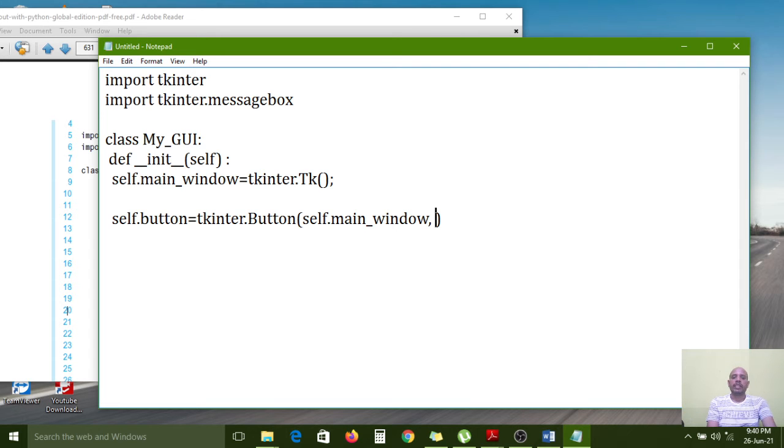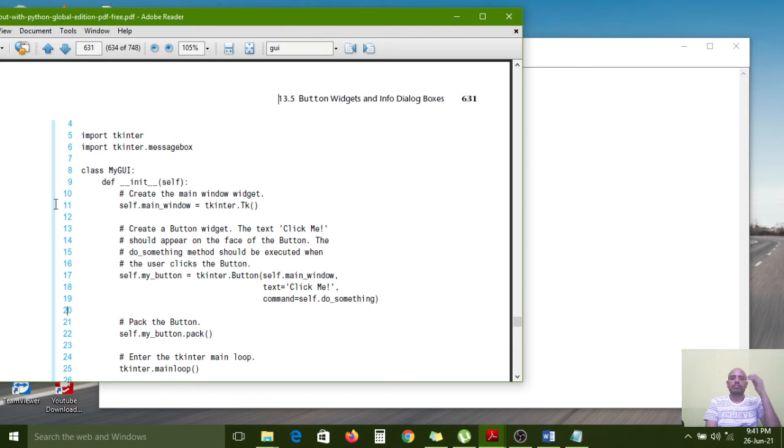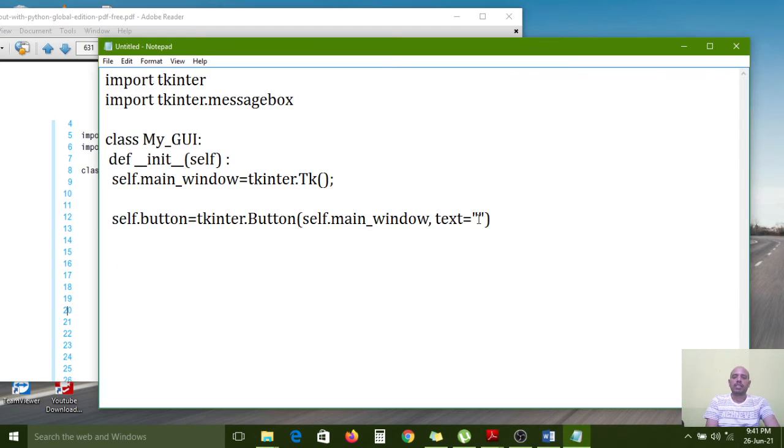After that, the text will display now, nothing but Click me. Click me is the text, text equal to Click_me. Okay. And after that, one comma.